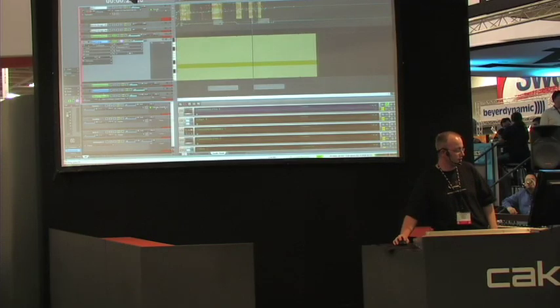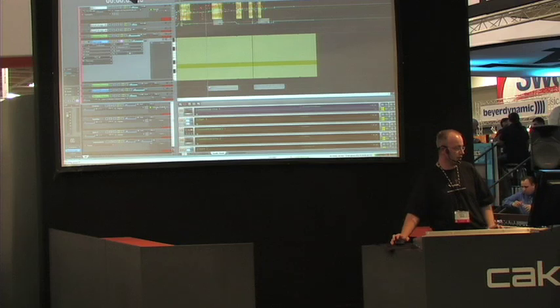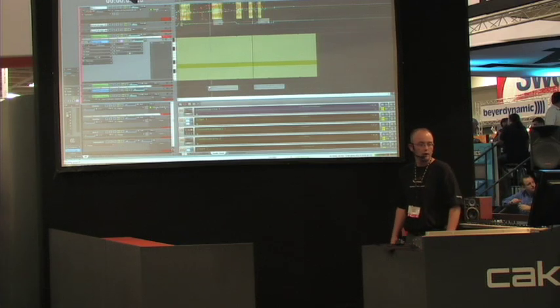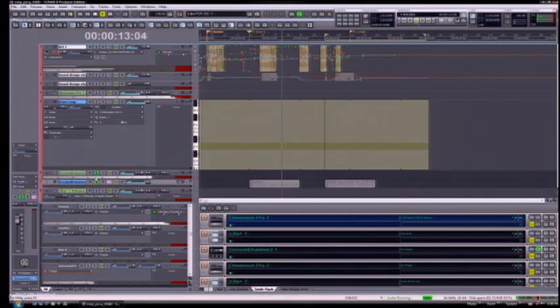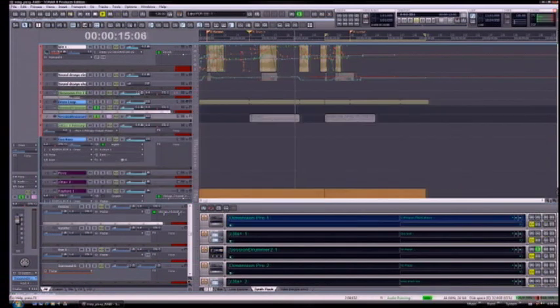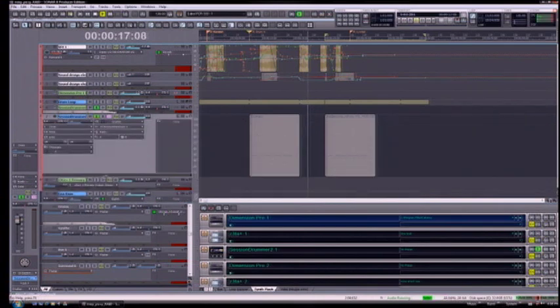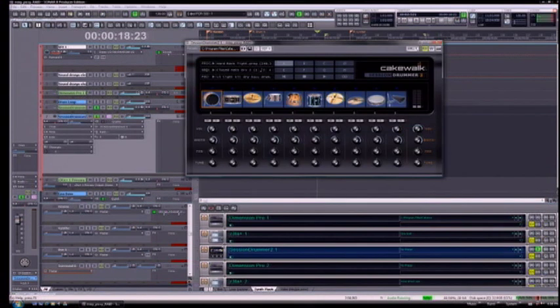We want to add some more drums to that. And to do that, I've actually got a little drum loop that's already loaded in here. We can go ahead and solo that so you guys can take a listen. And that is actually being triggered by the Session Drummer. Session Drummer is another virtual instrument that's included inside of Sonar 8 Producer. I can map all my different samples to my different drum sounds there. It's also velocity sensitive, so